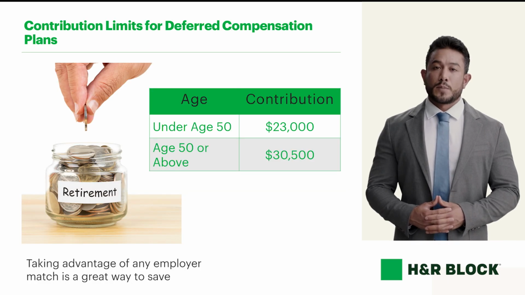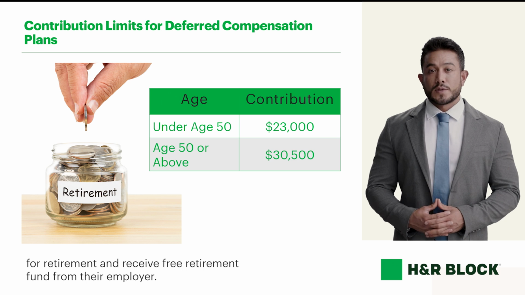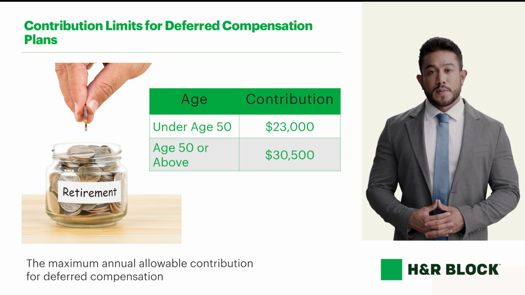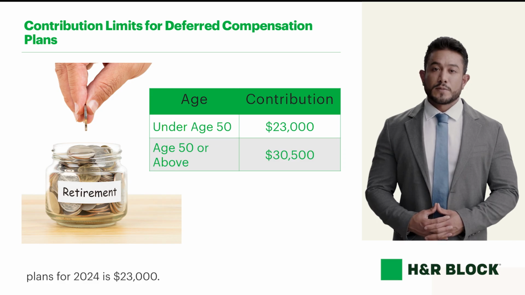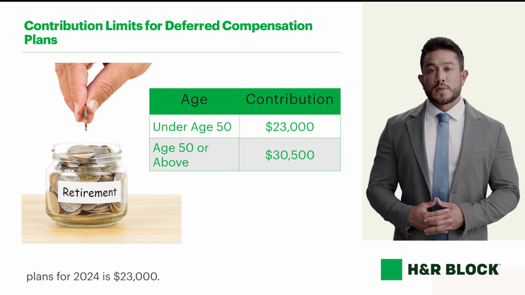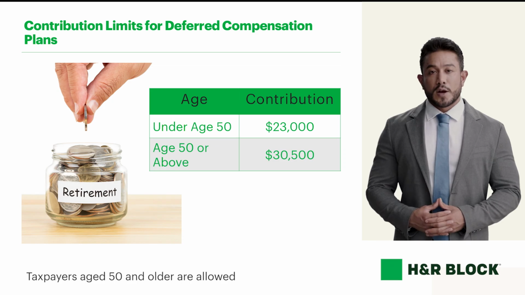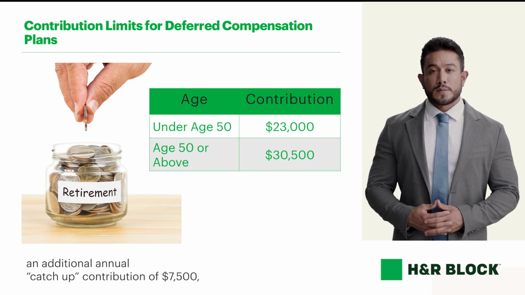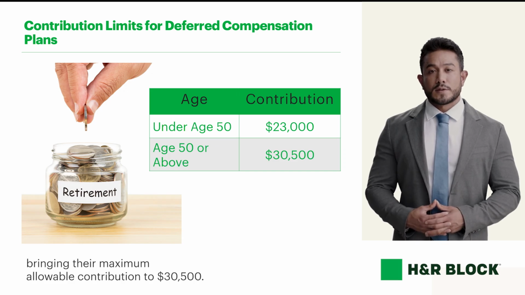Taking advantage of any employer match is a great way to save for retirement and receive free retirement funds from their employer. The maximum annual allowable contribution for deferred compensation plans for 2024 is $23,000. Taxpayers aged 50 and older are allowed an additional annual catch-up contribution of $7,500, bringing their maximum allowable contribution to